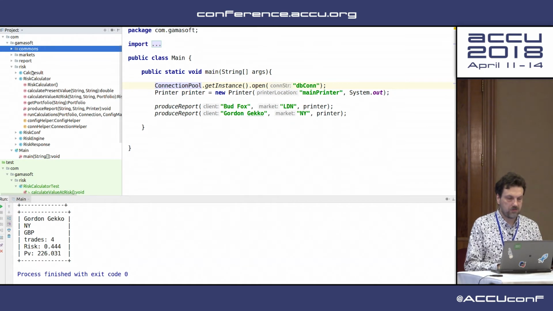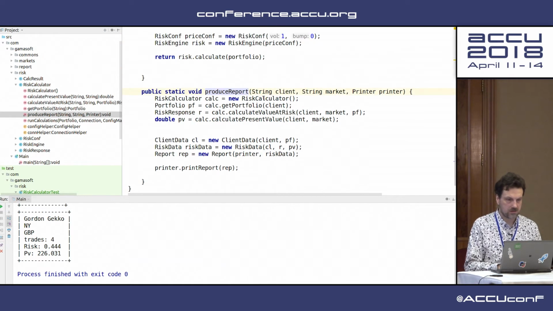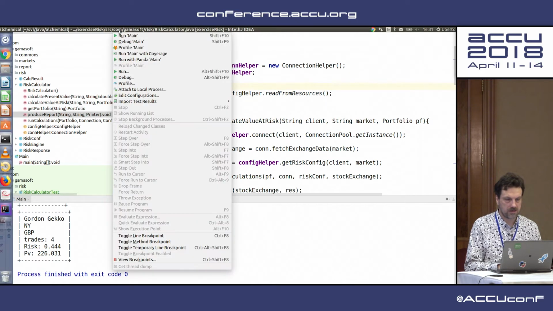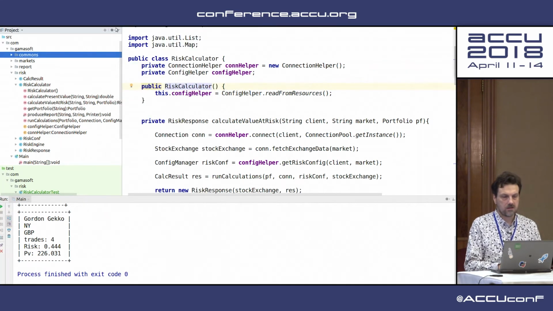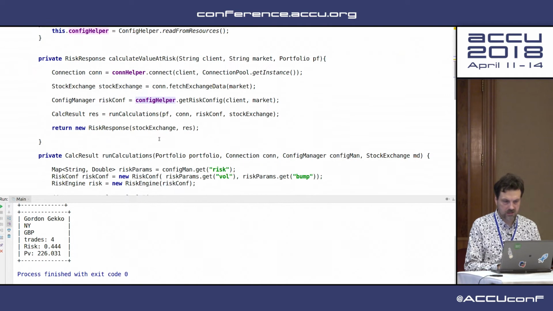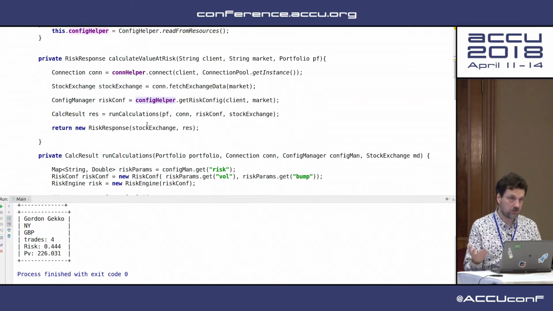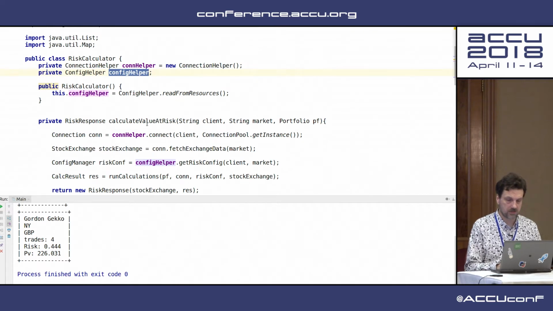If we look inside this produce report, it is using this risk calculator, which is the main class that we are going to refactor. It is using a lot of helpers, config, and stuff that we really don't want to have in our own project. So we want to remove this. But first we have to remove the